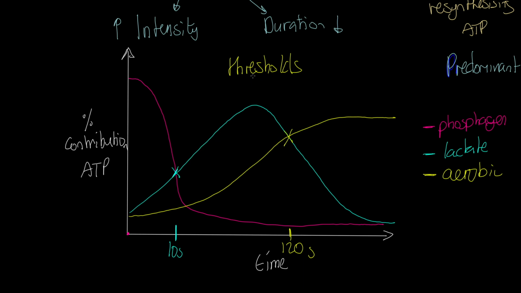Both of these would be considered thresholds. We've got one here and one here. So I've got those two thresholds in that. I should have done that in a different colour. But we've got those two threshold points. This one here is actually called the anaerobic threshold. And this one over here is actually called the aerobic threshold. But what we can say is at any point on that graph, any moment on that graph,